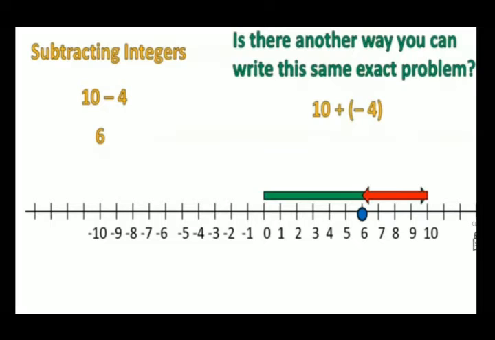Now here, is there another way? You can write the same exact problem. Here you can see another way of writing 10 minus 4 is 10 plus minus 4. So here you can see one is a positive and one is a negative number, and here first we were subtracting, now we are adding. So for 10 plus minus 4 also, the same process on the number line we will do. From 0 we will go till 10 steps. After that, in the reverse we will come 4 steps because we are adding negative 4 over here. So where are we reaching? We are reaching at 6. So for both of them the answer is 6.